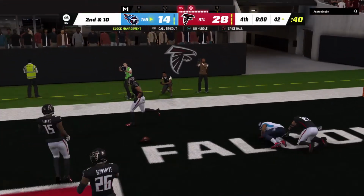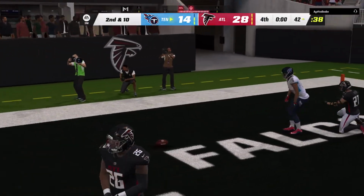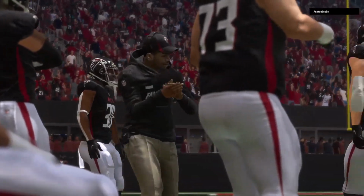Now one final throw here is incomplete, and that is how this one will come to an end. So time runs